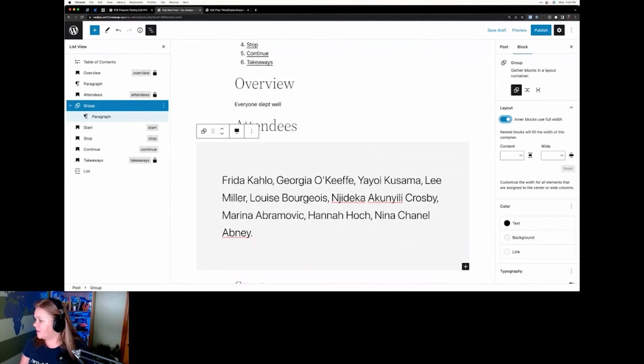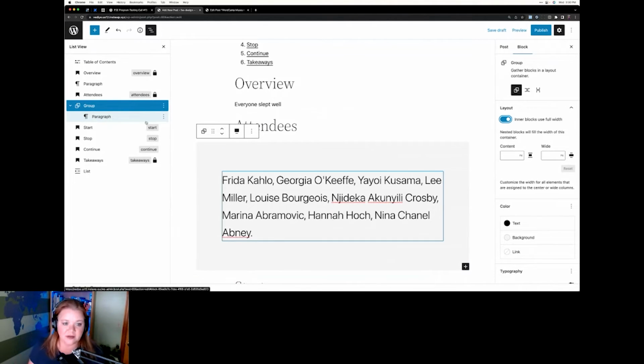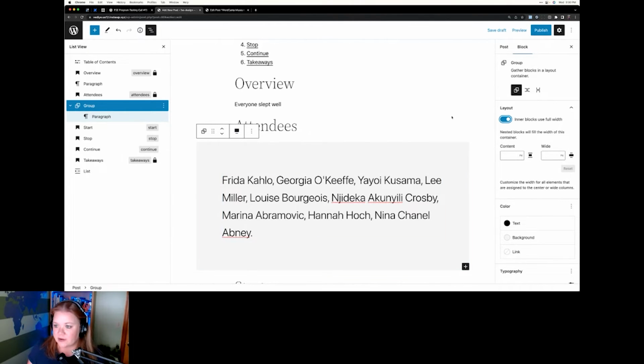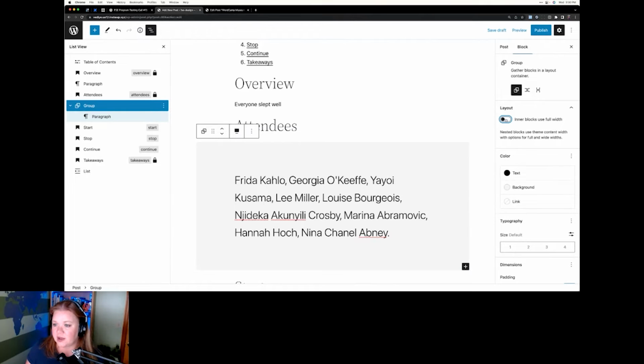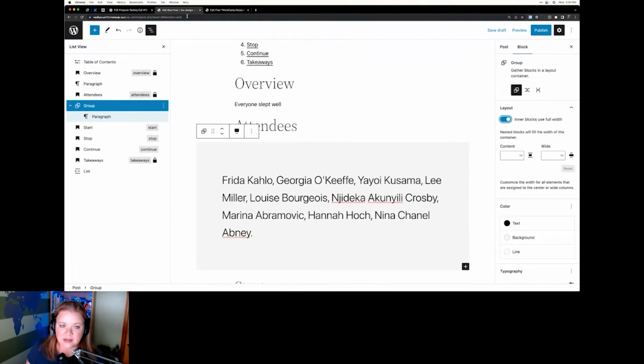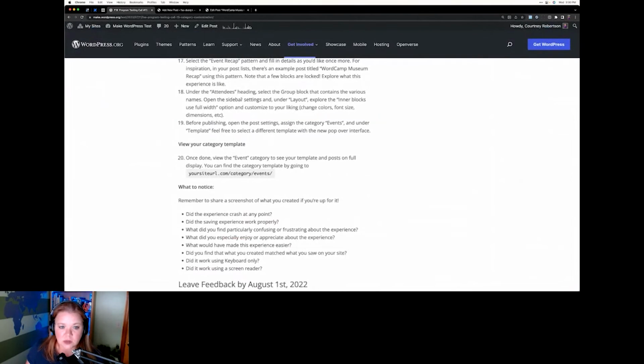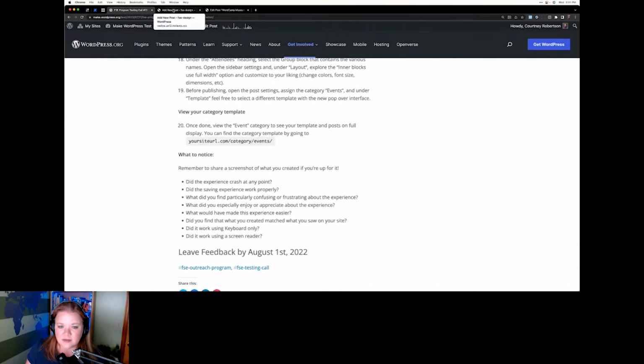Yeah, so there is a way to set up a separate front page. And if I've got a little time at the end, I will direct you either to some resources or do a very fast demo on that. So here I can swap out the layout, and I think it asks us to change anything else that we might want: explore the inner blocks, full width, change colors, font size, etc. before publishing, assign the category events, and under template, feel free to select a different template with the new popover